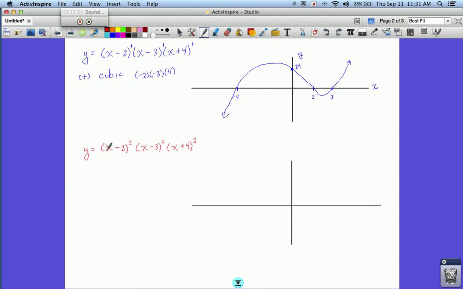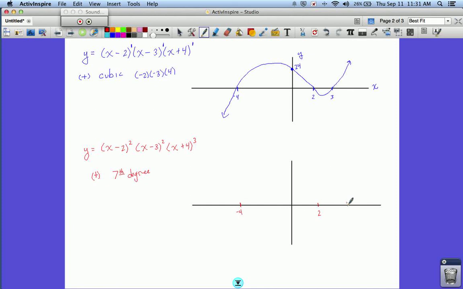Okay, so again we have positive, positive, and positive, so we have a positive. Now be careful, this is x squared and x cubed. That's a 7th degree, so it's positive and odd. So it's going to have the exact same end behavior as the positive cubic did, because it's also odd. Alright, so we have -4,